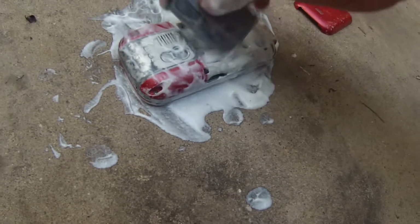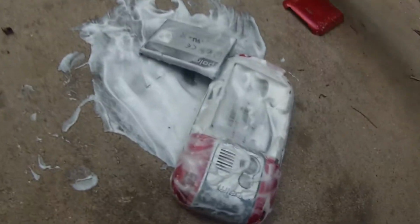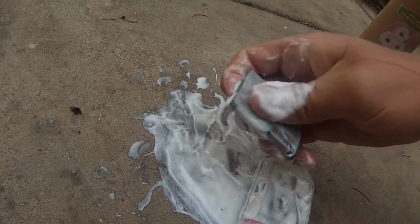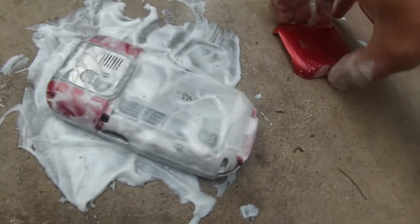Alright, get it all around, and then you're going to want to put more lotion on it and rub this like that. Then you're going to want to just put it in like that, put the back panel on,